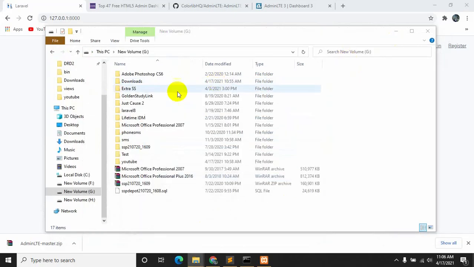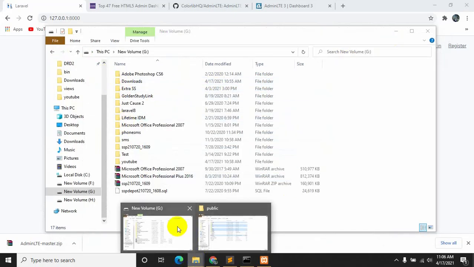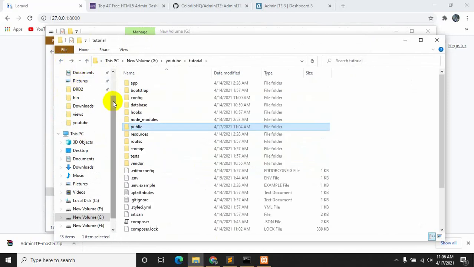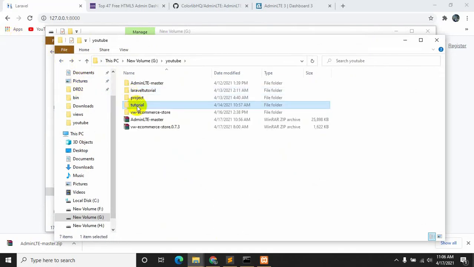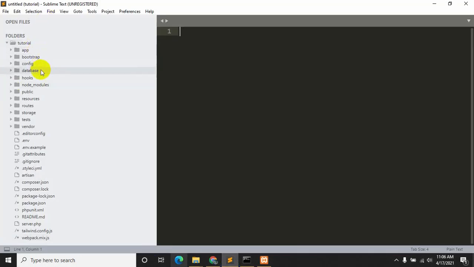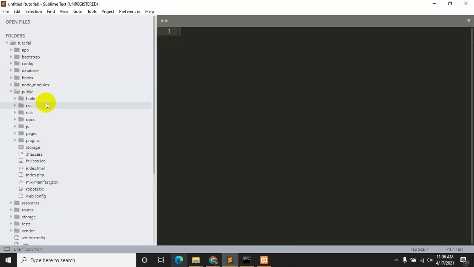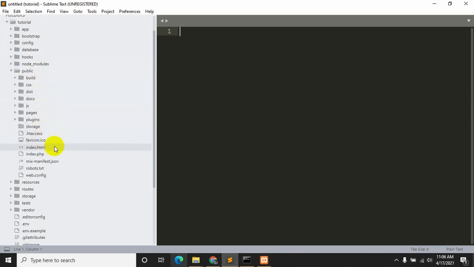Okay, so I already opened this project using Sublime Text over here. If we go inside the public folder, we can see all the folders over here.